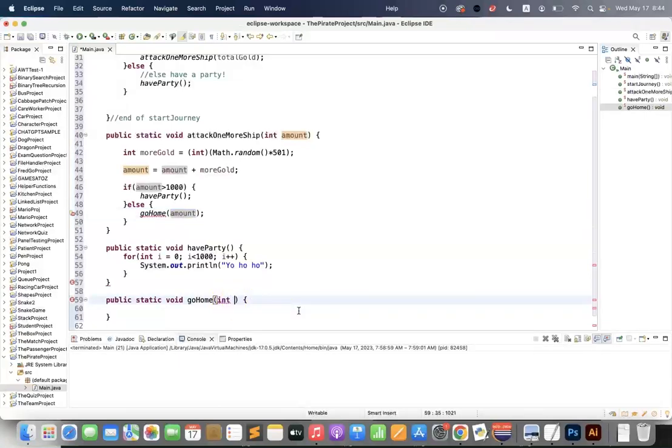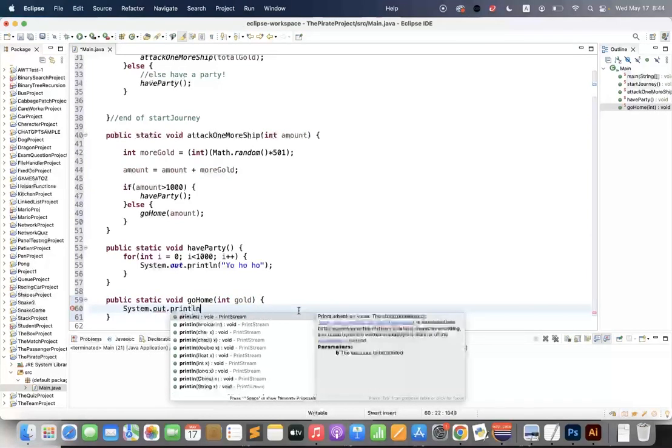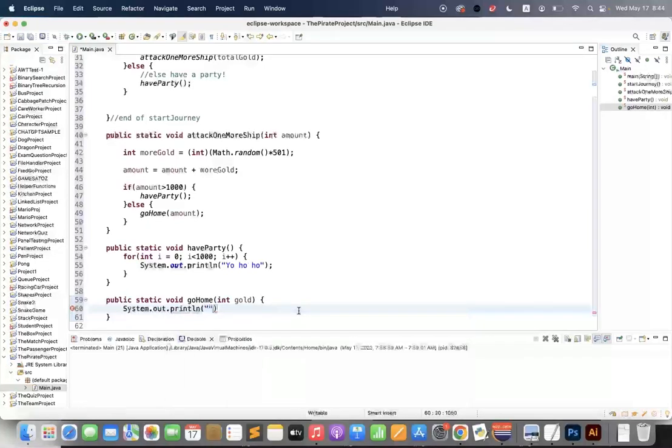What should we call it? We could call it amount. Doesn't matter what you call it. Let's call it gold. And it says system.out.print, we came home with only